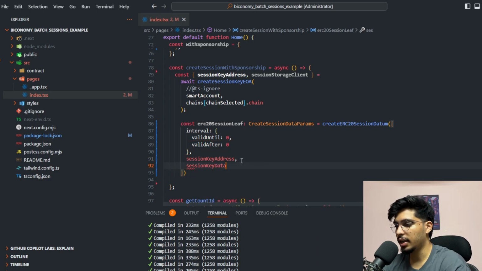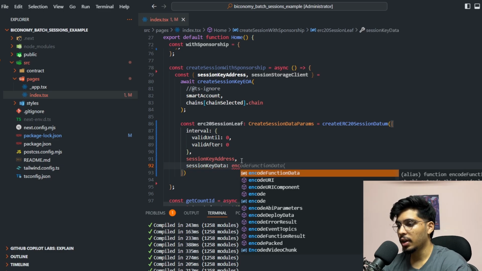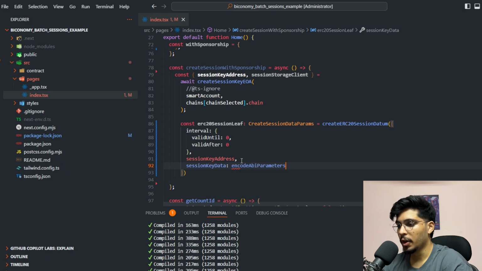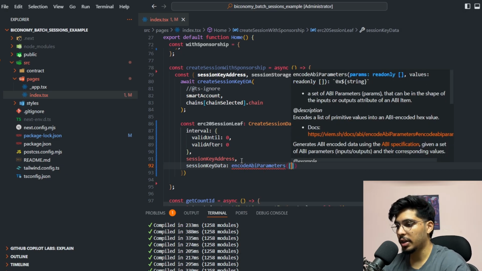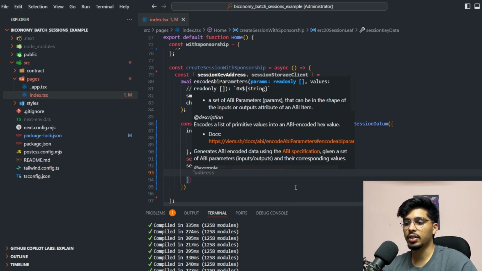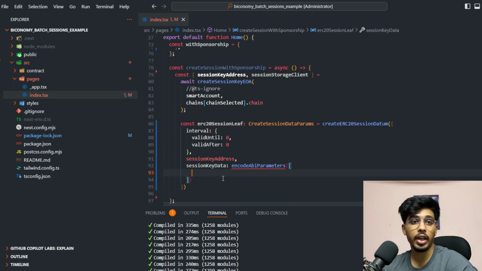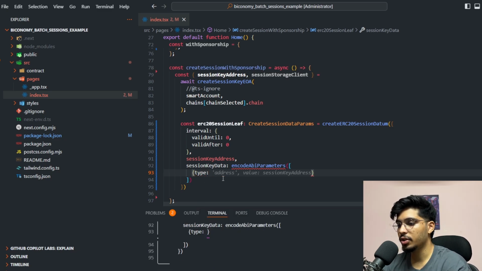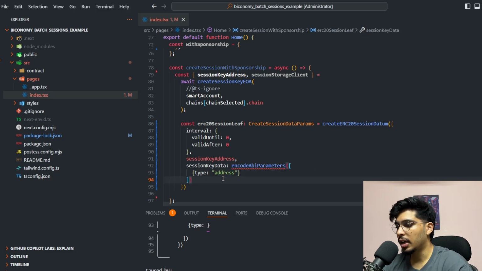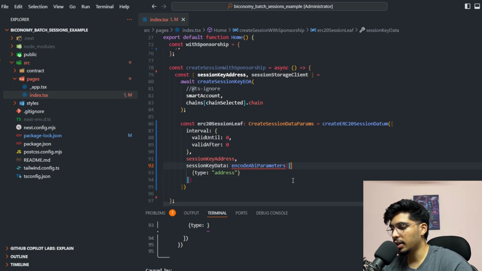and session key data, it should be encode ABI parameters. Where can I find it? Yeah, right here. Cool. And in that we're gonna pass an array of the arguments. So let's talk about a mint NFT. Mint NFT function needs a single argument, which is the smart account address. So it's of type address. So all you need to do is pass type, and it should be address, just like that. Okay, and you're done. Now the last thing that you need to do is under this array you're gonna pass